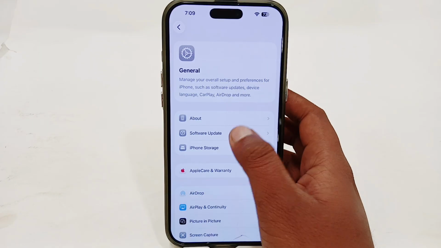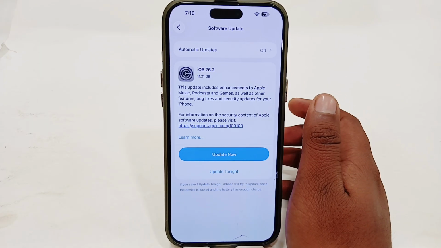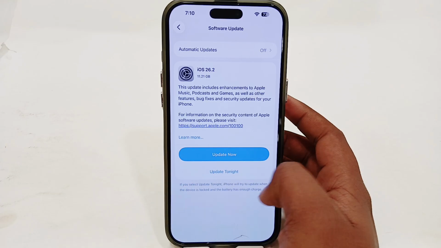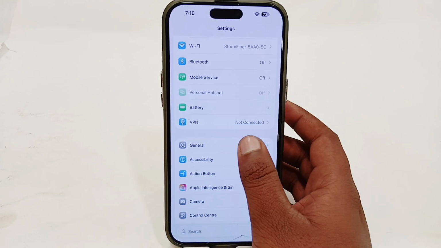Again, go back, go to Software Update, and try to update your software. If you find any kind of pending software update here, just update your software. After updating the software, simply go back, and here you just have to